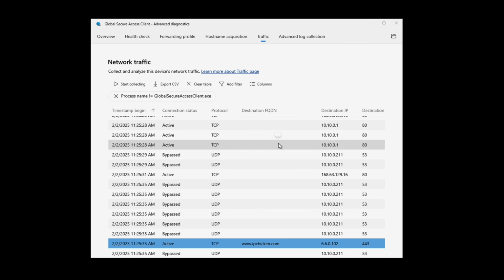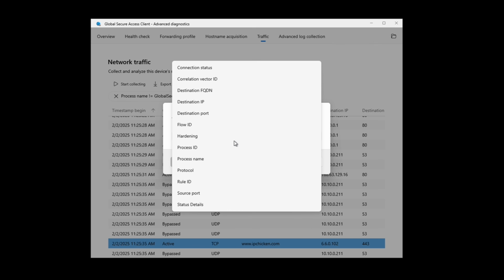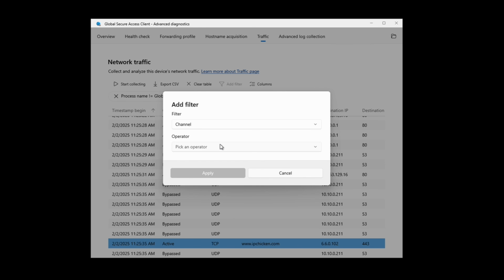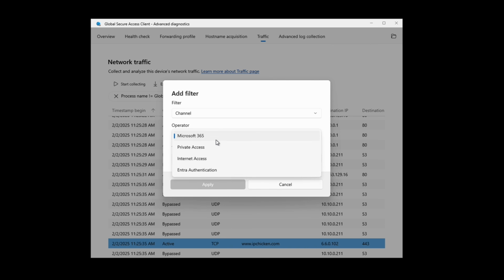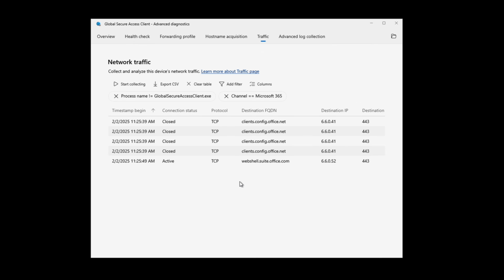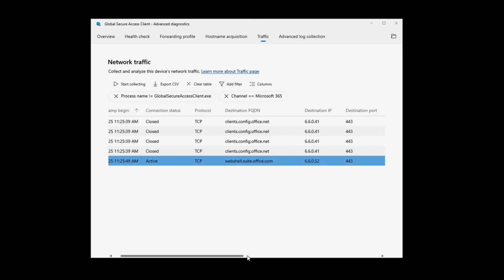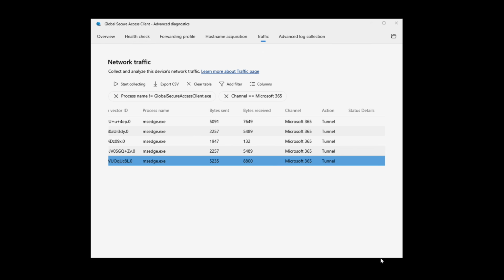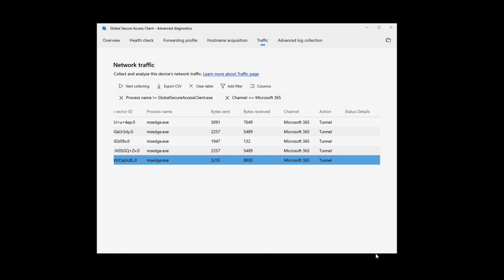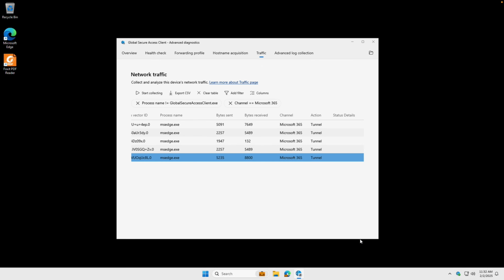Next, let's see if we have any Microsoft 365 traffic. We'll add a filter, set it to channel. The operator is equal, and the value is Microsoft 365. We'll apply, and we do have some. If we scroll over, that's set to tunnel. This shows all the traffic specified in the Microsoft profile is tunneled for optimal routing to the Microsoft Security Service Edge network. Now that we know the client is working, let's close the client and move on to configuring the